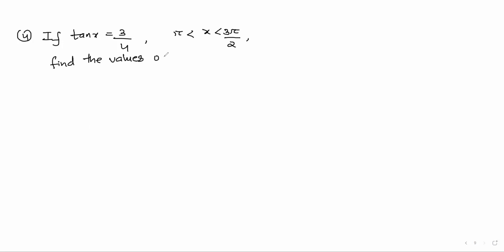Next, fourth question. If tan x is equal to 3 by 4, and x is greater than pi and less than 3 pi by 2, find the values of